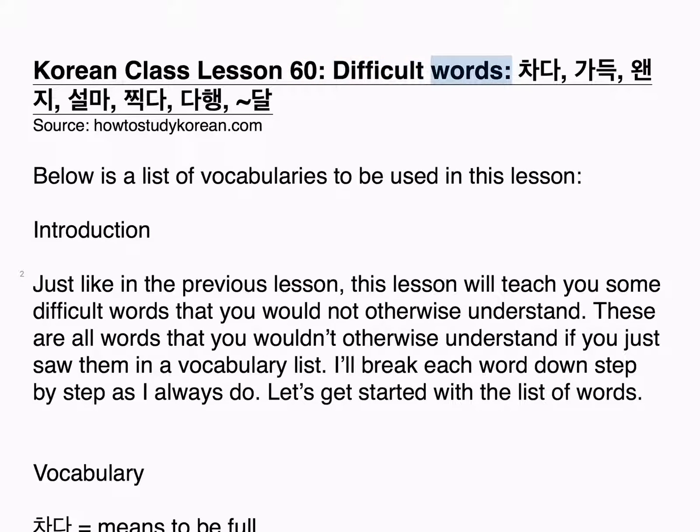60. Difficult words. 차다, 가득, 왠지, 설마, 찍다, 다행, 달소스,